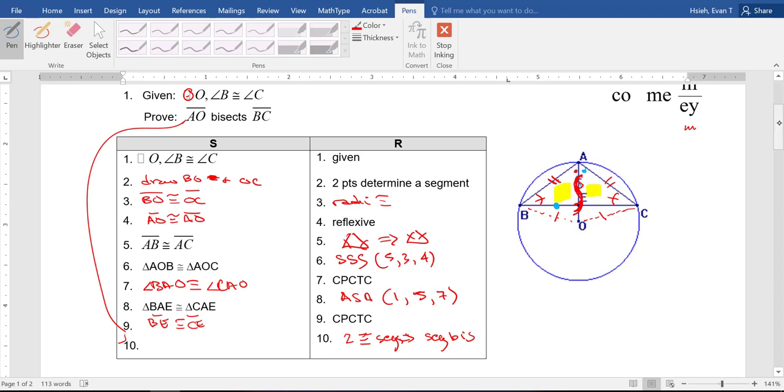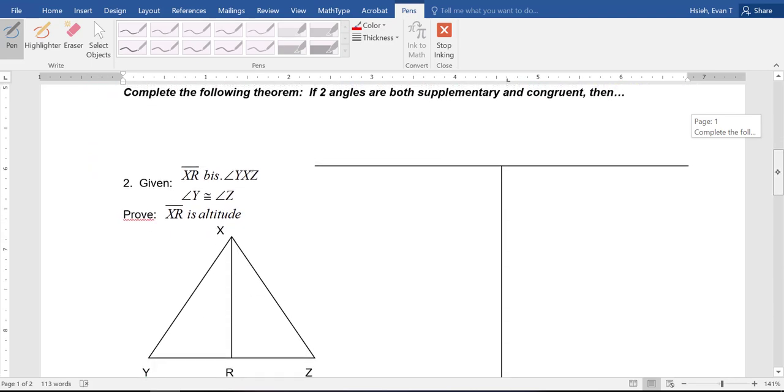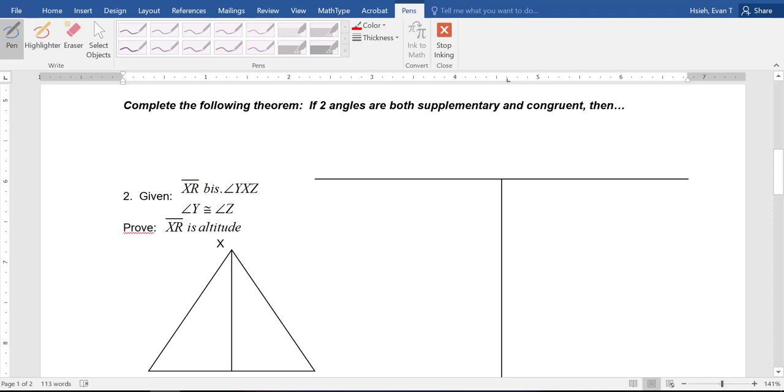Okay, so that's the first concept. That's called the detour proof. Second concept in this section is this concept. Okay, so if I have two angles that are both supplementary, so something like this, supplementary, these